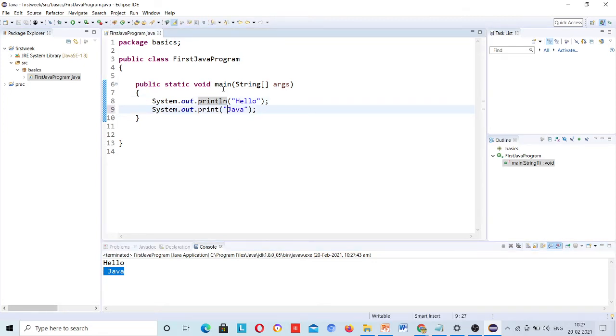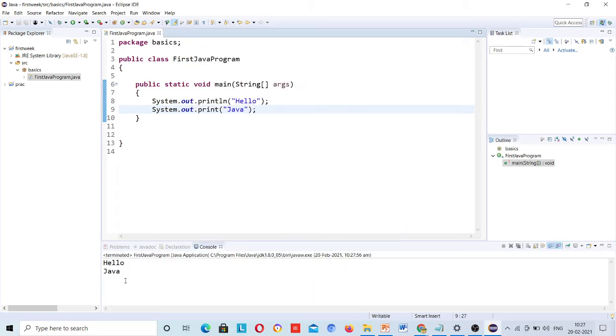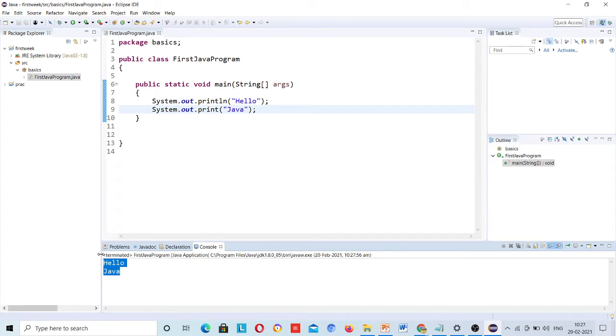If I remove this space, then in the same line it will come hello Java. Now why am I telling this ln, why am I telling this space, because you need to know pattern programs. If you complete the assignment on pattern programs, then you should know what is this ln and that.